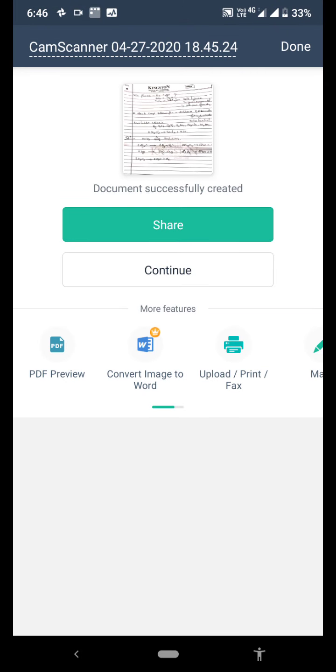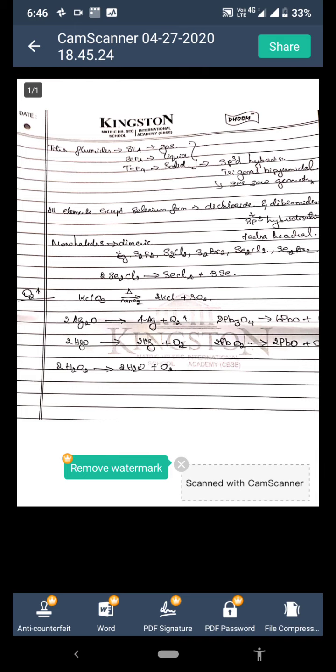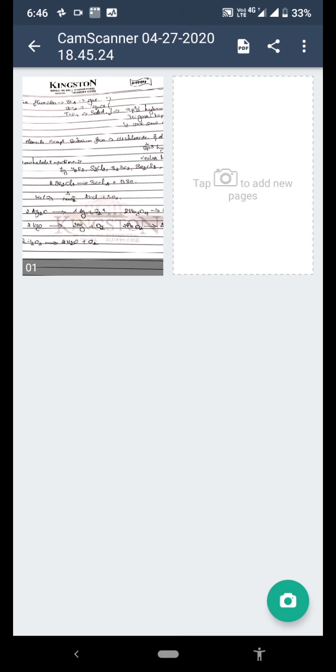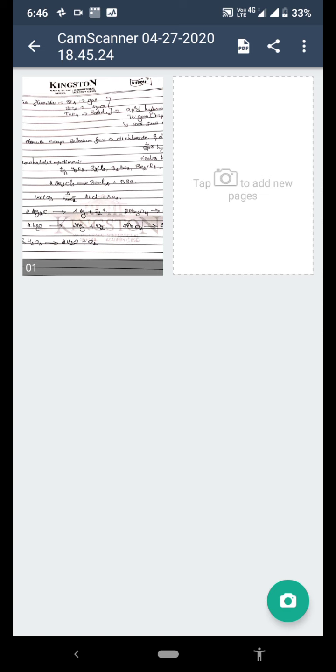The document has been created and done. Once you open it, it will be saved in PDF format. While finishing this, don't take everything as an image. Otherwise, each and everything will form a single page, which will be difficult for you. Instead of this, I'll tell you how to edit or create all these things.